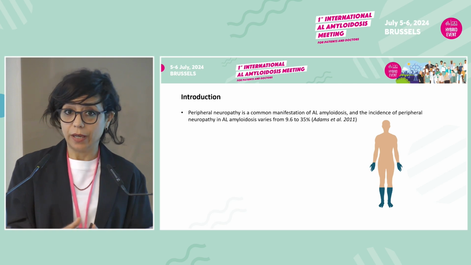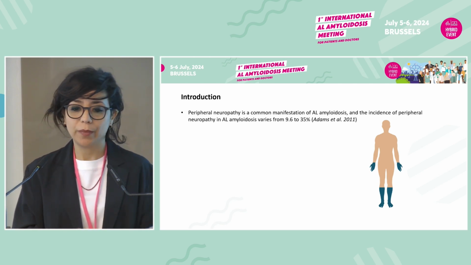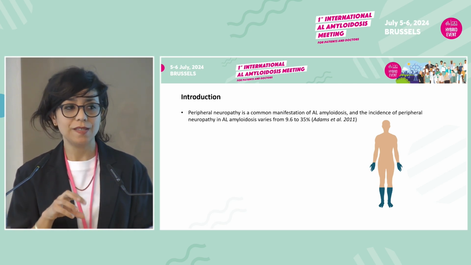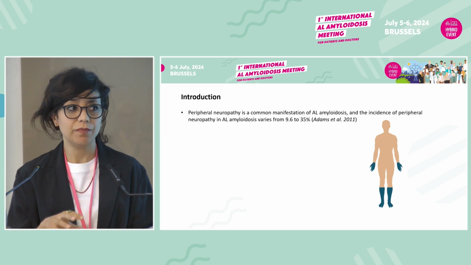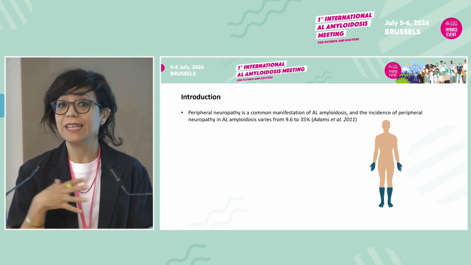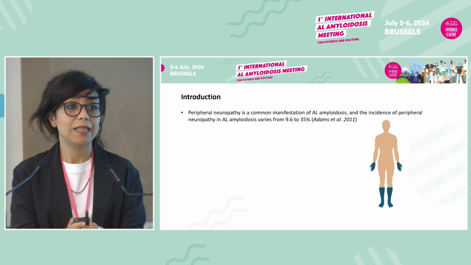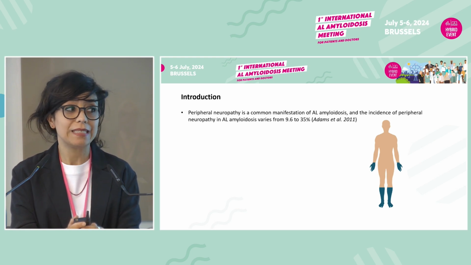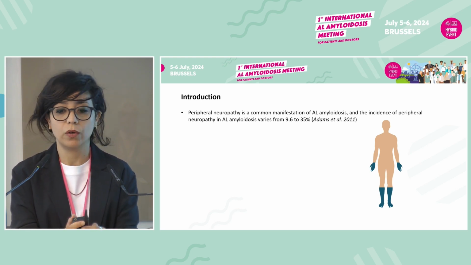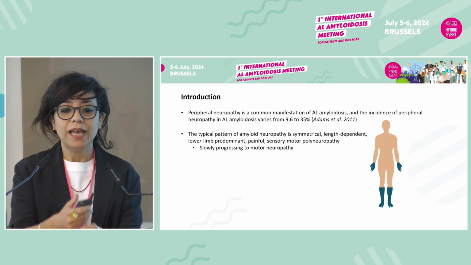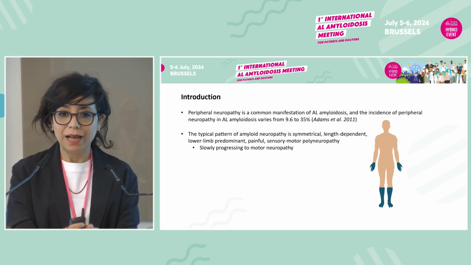I will talk about the peripheral neuropathy in AL amyloidosis. It is a common manifestation. It has an incidence that varies from 10 to 35%, depending on the cohort of patients. And the typical pattern is